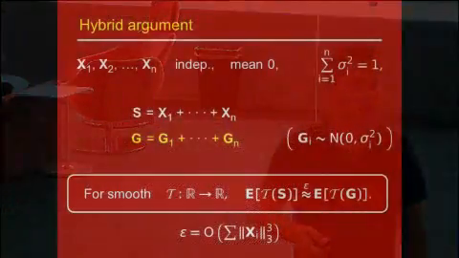Because we know a sum of Gaussians is Gaussian, so if you sum up these guys, you'll get a Gaussian with variance 1. But when you look at it like this, it looks nicer, like you're comparing the sum of Xi's to the sum of Gi's. And they both have mean 0 and matching variances. In fact, once you write it like this, you may as well say, hey, there's nothing special about Gaussians. Maybe I can just use any distribution.